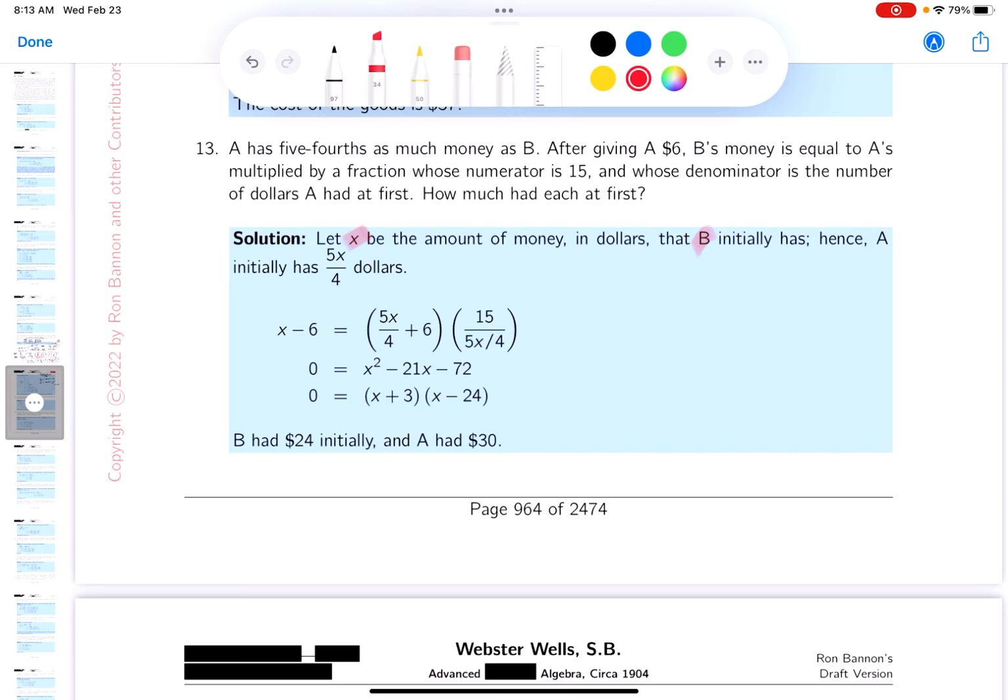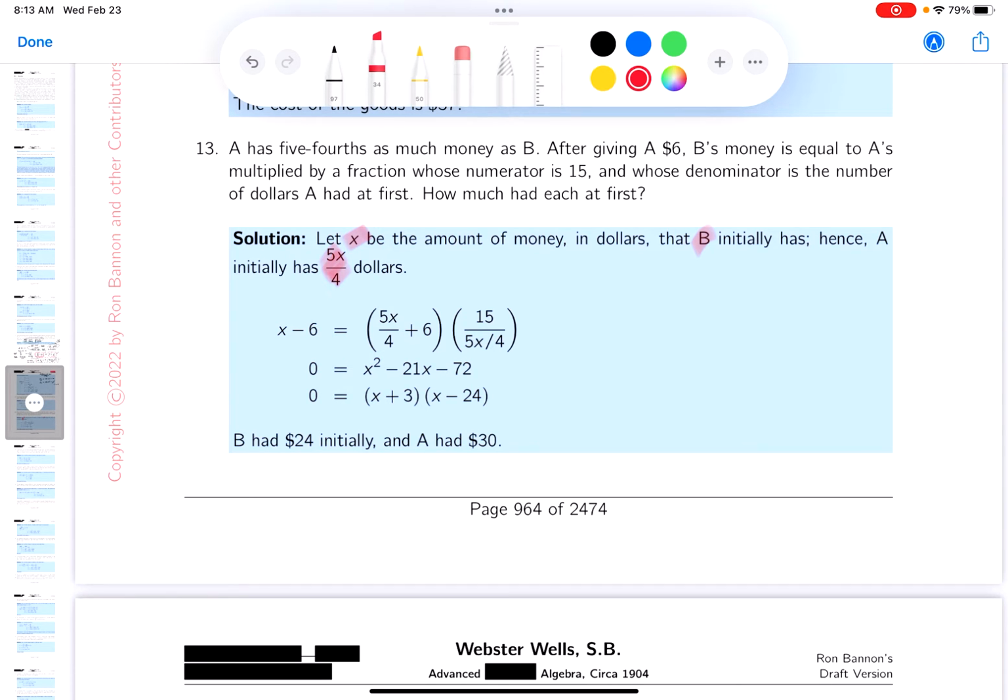Well, it says it's 5/4 as much. And this is the initial amounts they have. All right, so that's important. You start off with a problem, understanding what A and B have, where x is the amount of money that B has initially, and that means that A would have initially 5x/4, and then it goes on to say that after